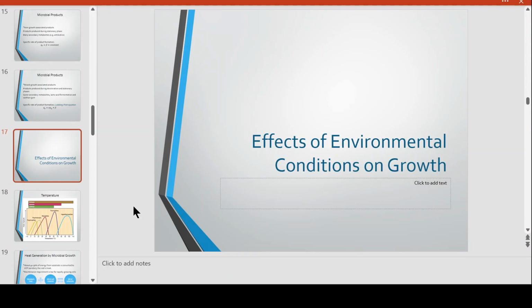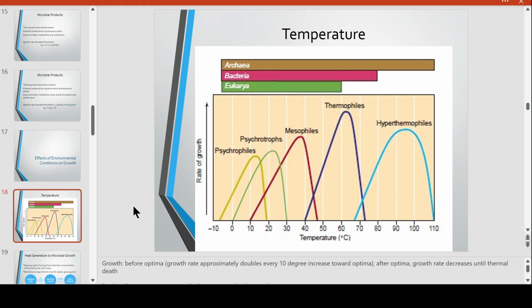In our lecture on the effects on microbial growth kinetics, we will now look at the effects of environmental conditions on the growth. The first condition, which is most often considered, especially in the industry, is temperature. The graph shows the rate of growth versus different temperatures, and the optimal temperature is around 30 to 40 for most